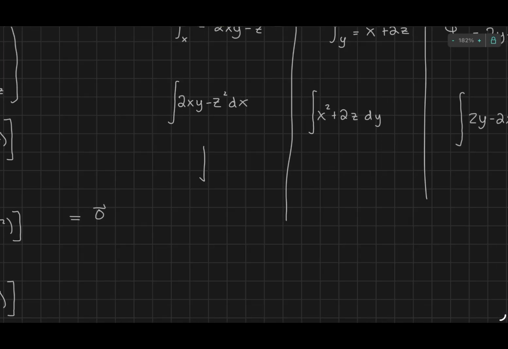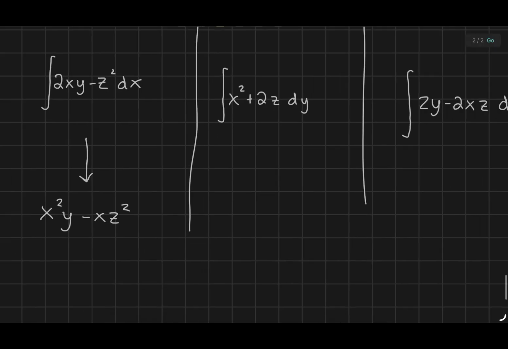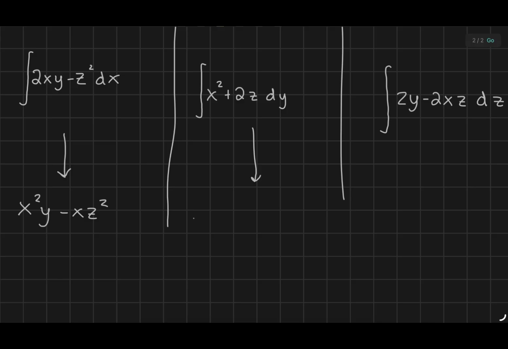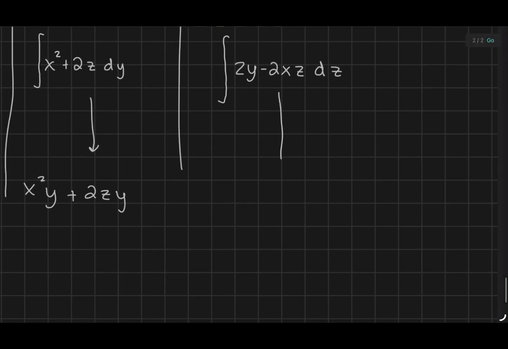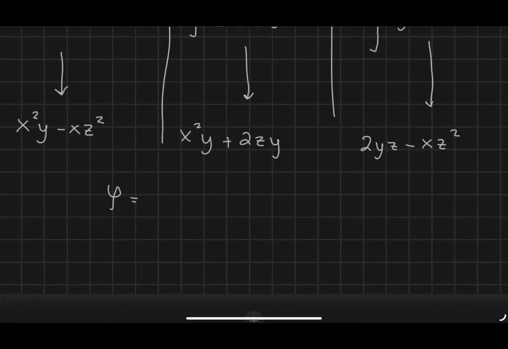Doing these integrals real fast here, that's going to be x squared y minus xz squared. That is going to equal x squared y plus 2zy. And our final integral here is going to be 2yz minus xz squared. So those are our individual components of our potential function. So our potential function, putting it all together,